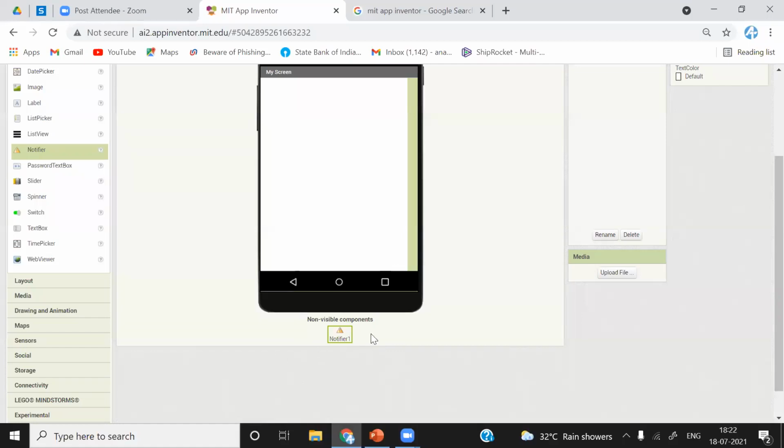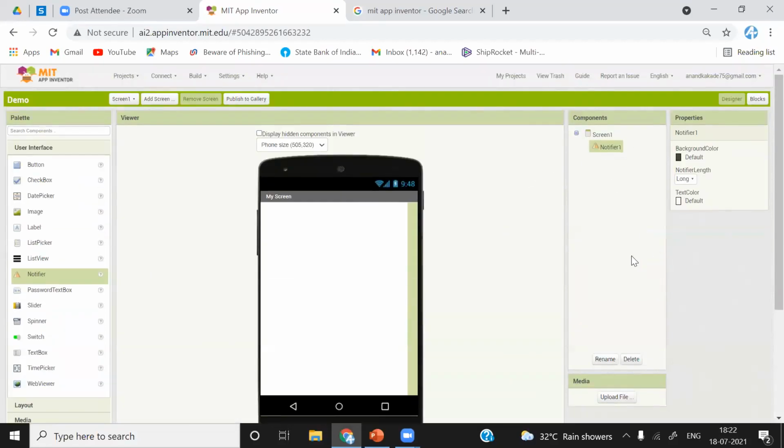This component will notify you. It will give a pop-up on your screen that the valve has turned on. For example, after clicking the convert button in text to speech conversion, it will show the text that we have converted. In the session, we are going to learn about this notifier. So for notification purposes, we are going to use this. I'll just delete it.